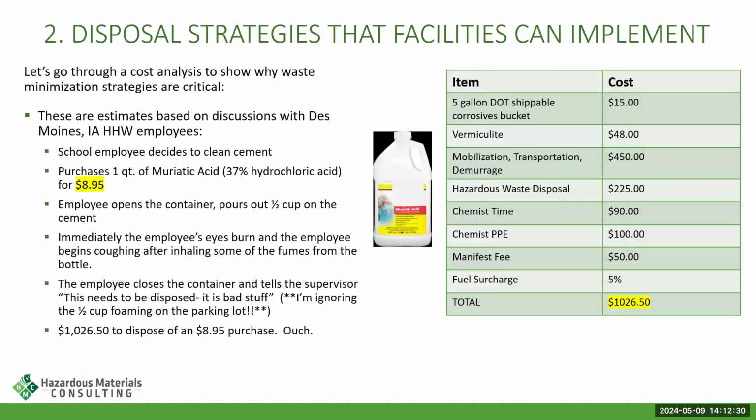Okay. Now, this is a lot of words on it, so I just want to go through it. This is an example of disposal of a chemical that is sometimes used in schools, a lot of times used in households. Not a lot, but a lot of people buy it and then they get scared by it and stop using it. I want to go through the cost analysis to get rid of a container of muriatic acid. The whole reason for this example is to help you understand that just because you purchase a chemical for a fairly low cost,